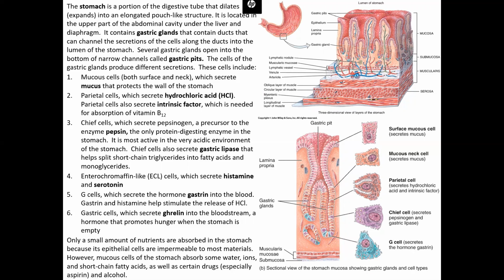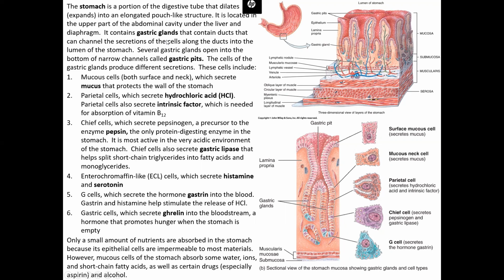Think like an accordion has the ability to kind of stretch out. That's what our stomach has the capability of doing. Anytime you see the word gastric, it refers to the stomach. You see gastric kind of all over the place on this page. First gastric thing I want to talk about are the gastric glands, which are found throughout the wall of our